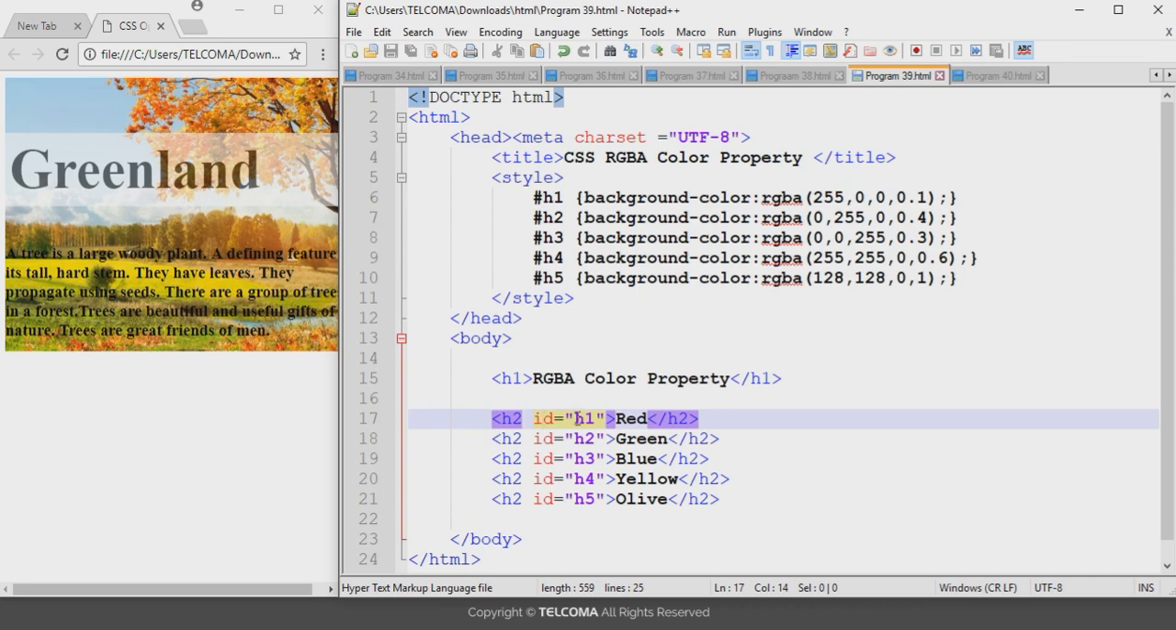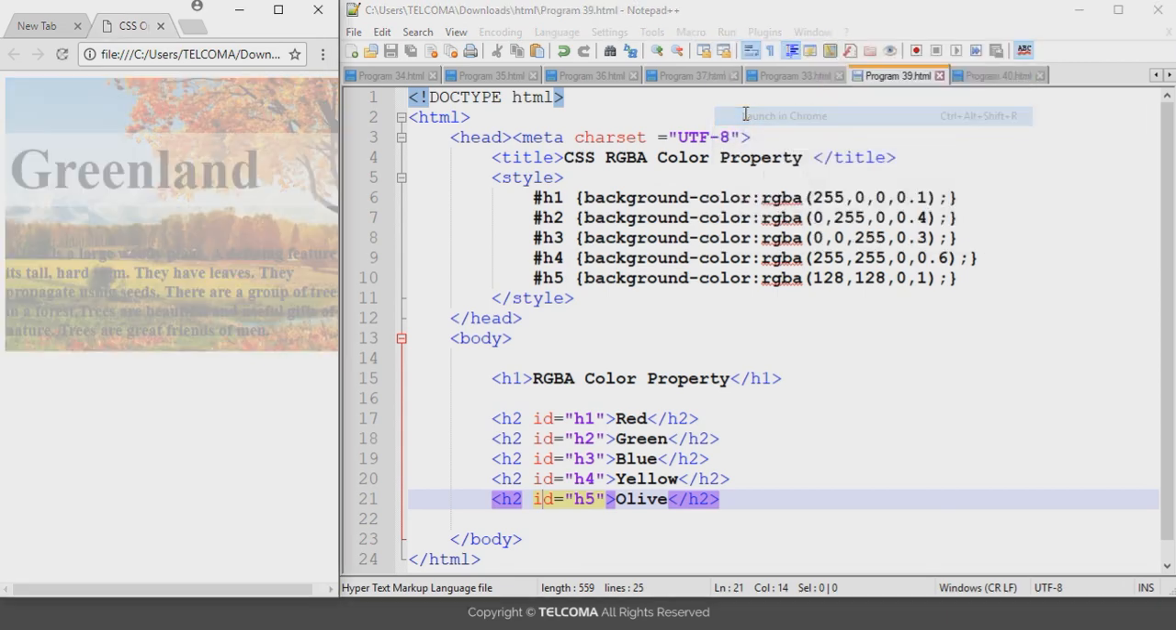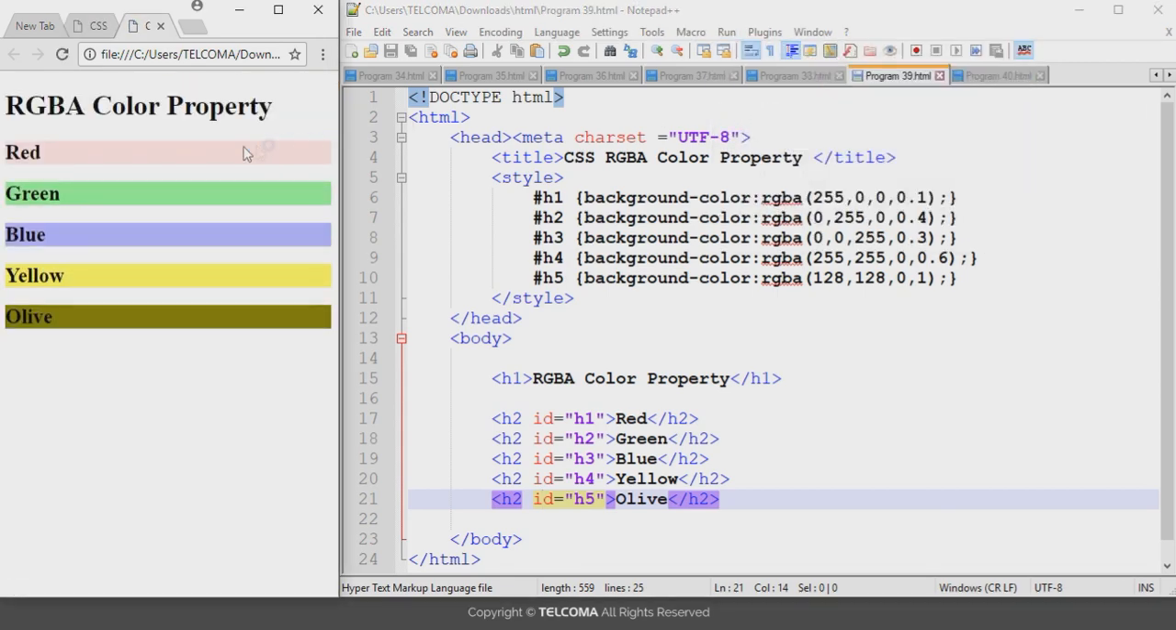So here ID selector name h1, ID selector name h2, h3, h4, and this one for the h5. So now go to run and launch in Chrome. So you can see that it will display like this. This is displaying the red RGBA value, this is displaying the green color, blue color, yellow color, and this is